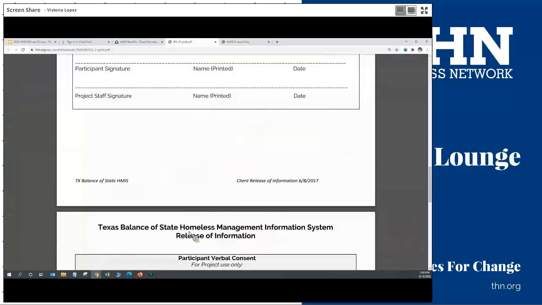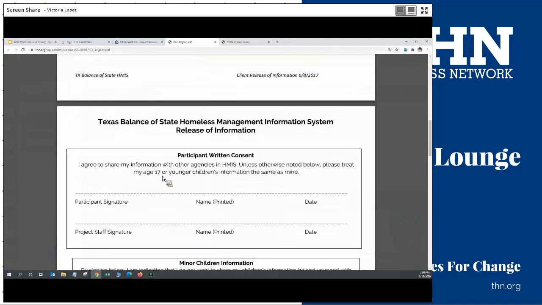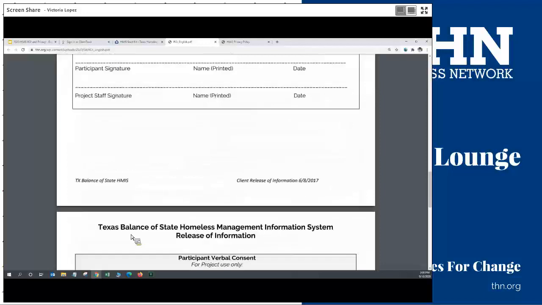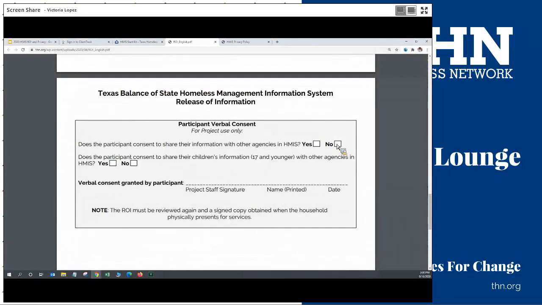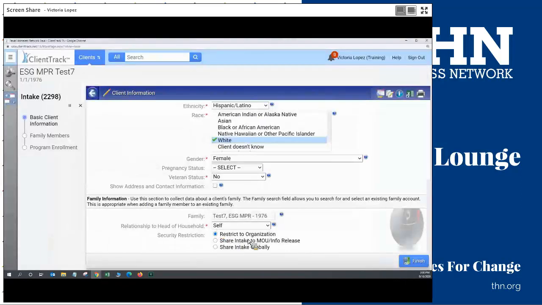So if you are not able to get written consent here, if the client indicates that they do not want their information shared and so they do not sign here, alternatively, if the client verbally tells you, no, I do not want my information shared, then you will have to make this switch in HMIS, this restrict to organization.